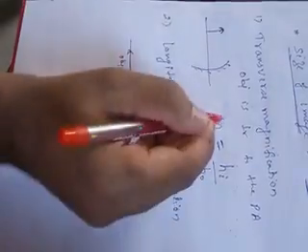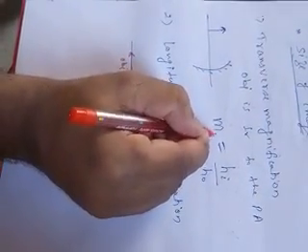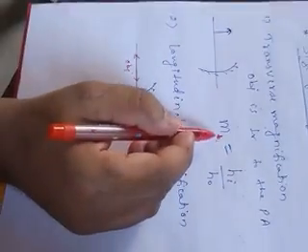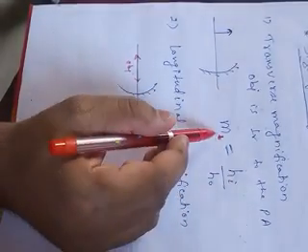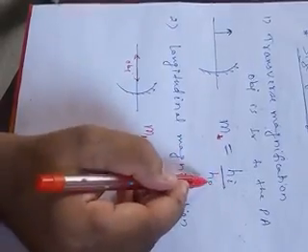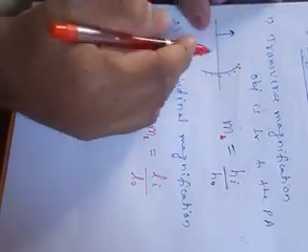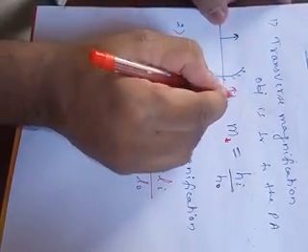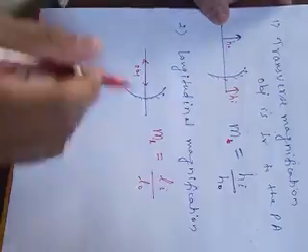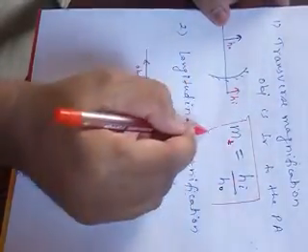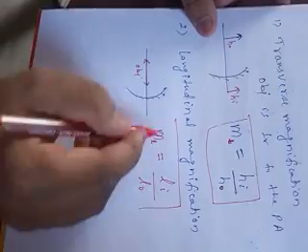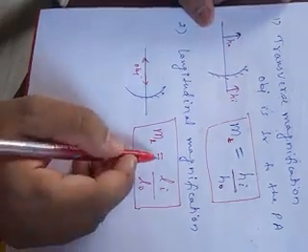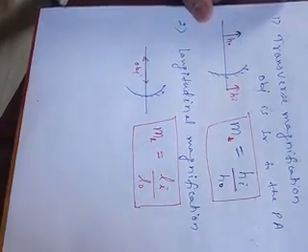For transverse magnification, there is no need to write this T. If you just see M, this must be transverse magnification, or if you want to specify, there is no problem. So transverse magnification will be height of image by height of object. Suppose this is object and this is your image, so height of image and height of object will be your transverse magnification. Then length of the object and length of the image will define the longitudinal magnification. It is the ratio of length of the image divided by length of object.